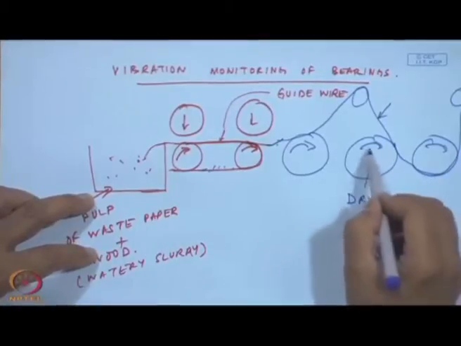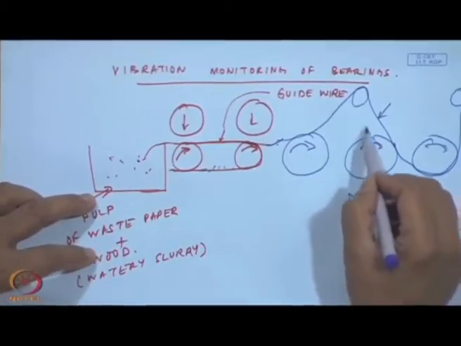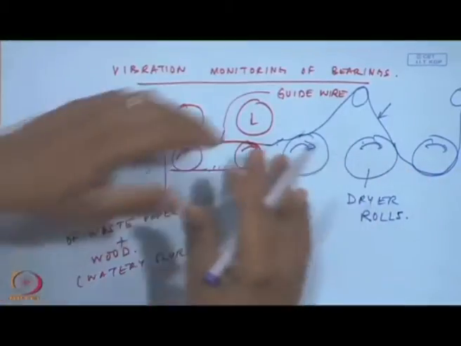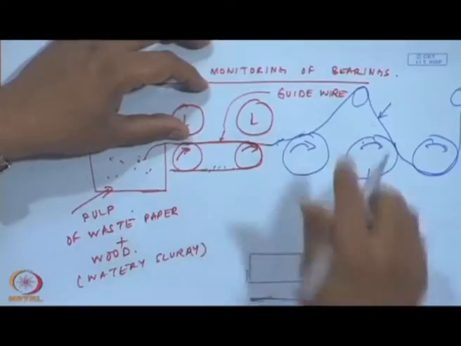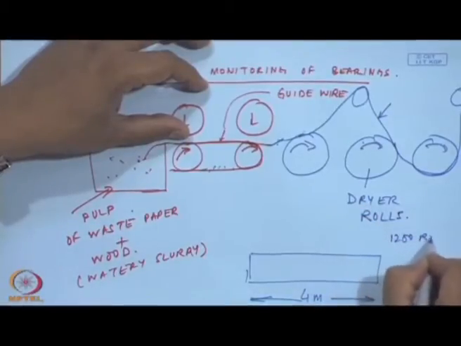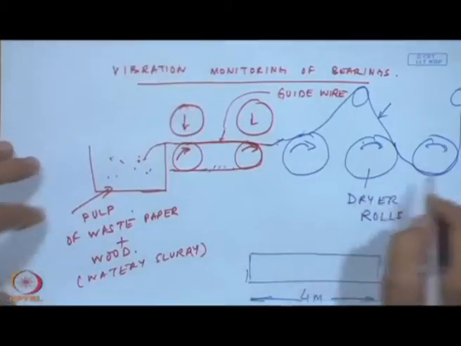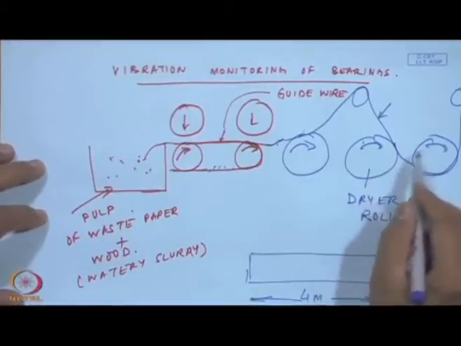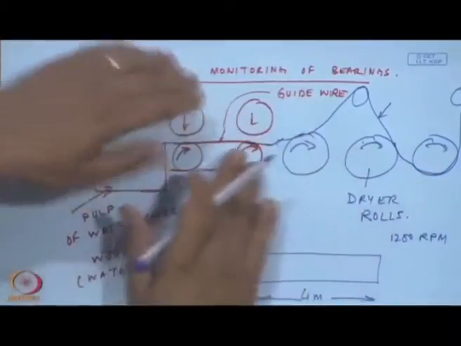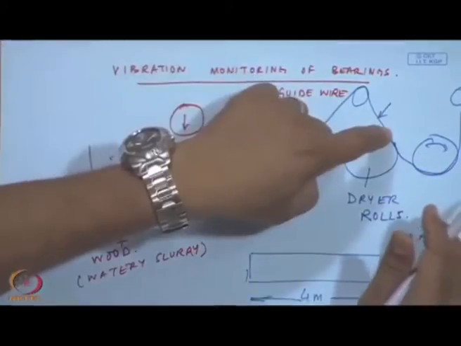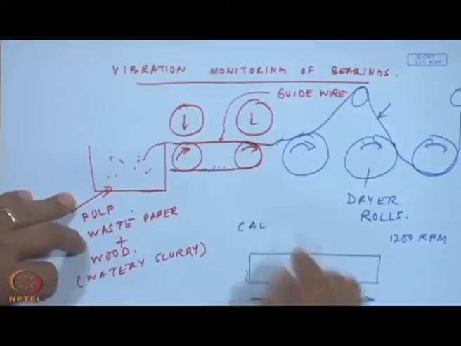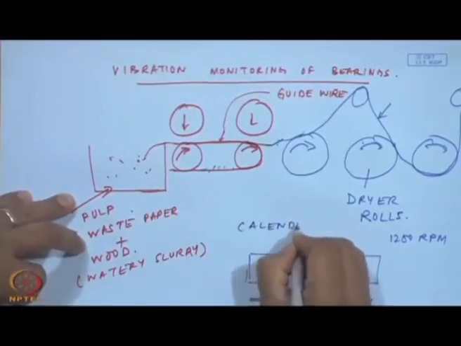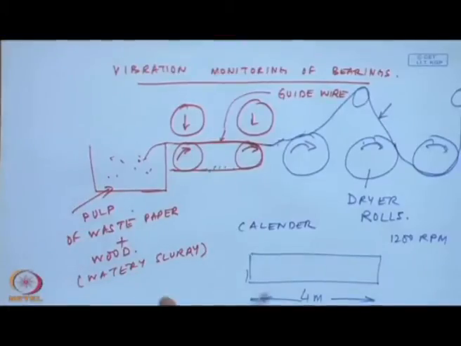So, basically they are steam dried. This pulp is getting dried, and these rolls could be as wide as about 4 meters, heavy rolls rotating at about 1200 RPM. There is a series of such rolls, and these are not the dryer rolls. So, basically we are drying the pulp where the water has been squeezed off, and then we have to calender it. Calendering is a kind of ironing it, and towards the end there will be a pickup roll.